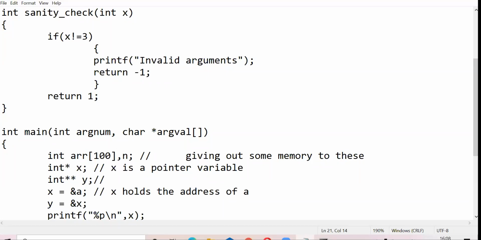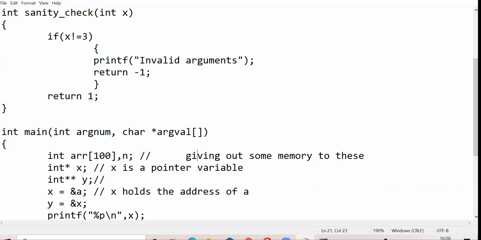So you cannot increase or decrease this memory later on. Whatever memory you want to give to an array, you have to predefine it. So assume that I know that the number of students in a class might be 50 to 60 registrations, but I'm not sure of the exact number. So I might want to keep a value of 100 here because I know that it's not going to exceed 100, and that 60 will come here inside n, which will tell me the actual number of elements. So here, when the user is giving command line arguments, I'm expecting that the user is not going to give more than 100 elements, right? And whatever elements the user will pass, I'll have them in this n here.